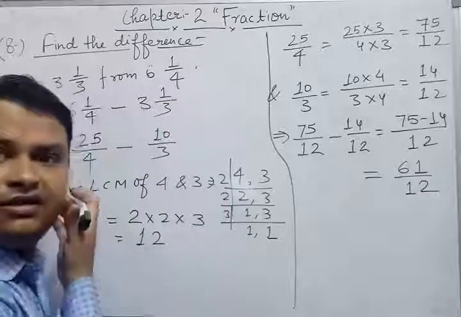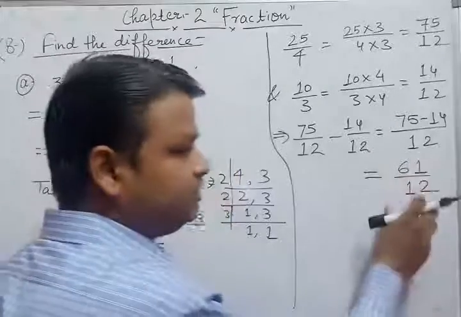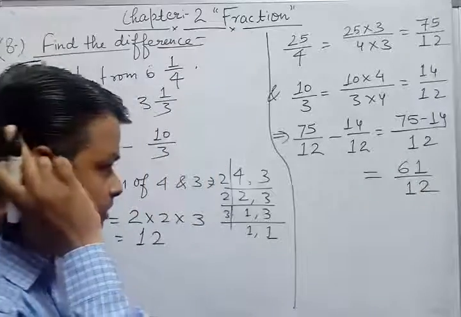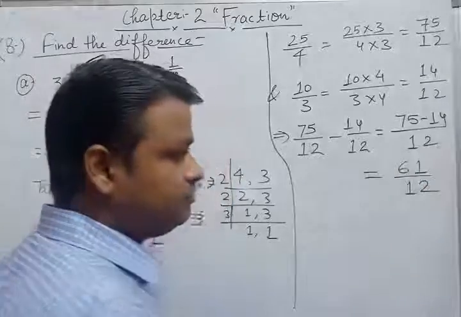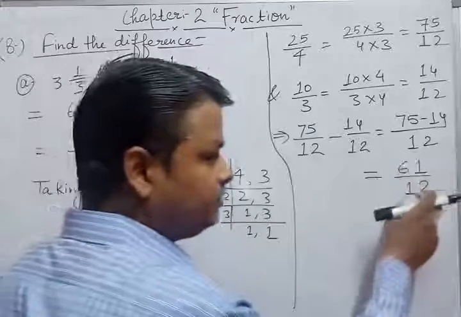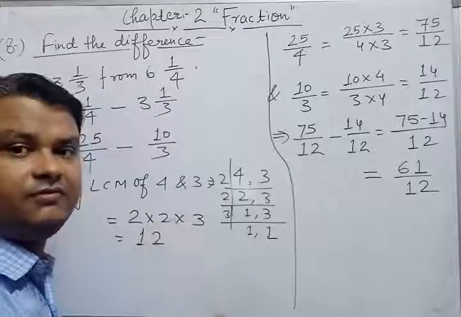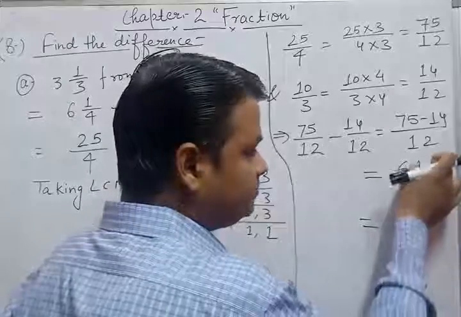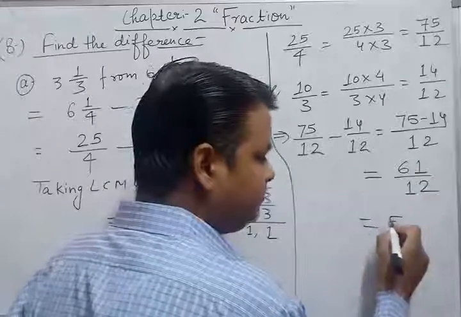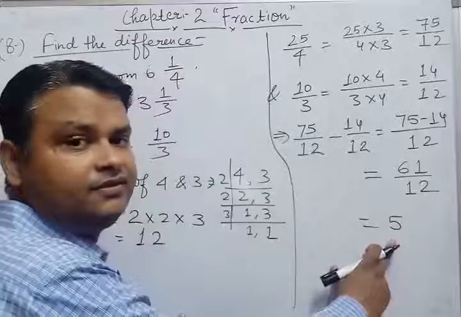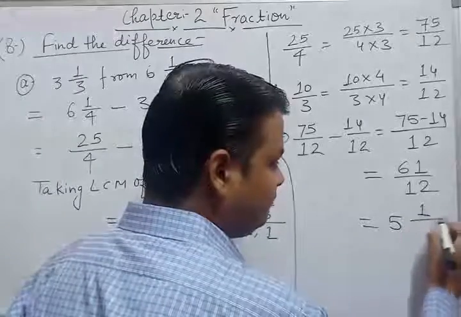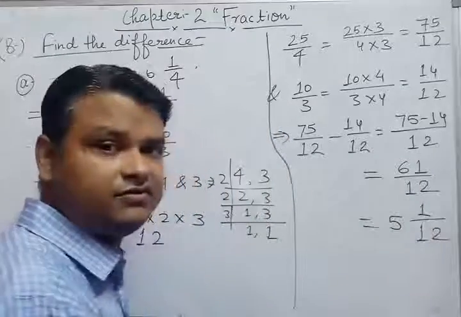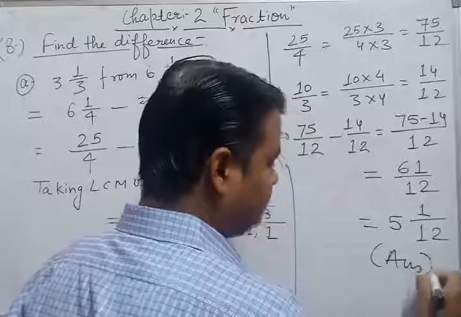So this is the result, but this result is incomplete because this is an improper fraction. So after getting the result, you have to convert this fraction into a mixed fraction, because an improper fraction can be converted to a mixed fraction. So if you divide the numerator by this denominator, then we will get 12 5s are 60 and 5 is the quotient. Then if you add 1, then we will get 61/12. So this is the final answer.